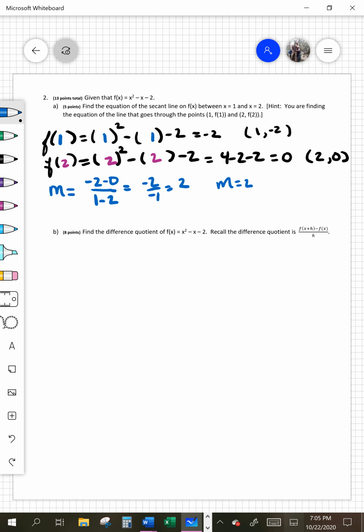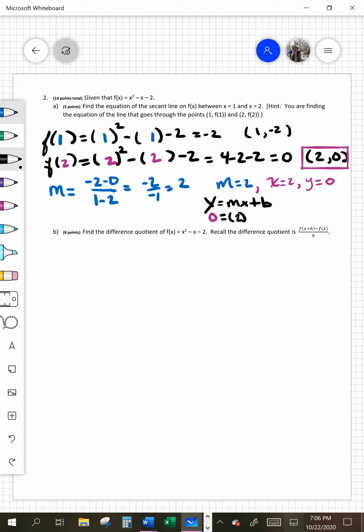We have a slope, and then choose one of the points. So maybe let's choose (2, 0). And so we're looking at here, when x is 2, we know y is equal to 0. So let's plug this into the equation. And so plugging this into y equals mx plus b, you could use your point slope formula. I'm going to plug it in here, my y value, my slope, and my x value, and solve for b. So when y is 0, this is equal to our slope, which we just found was 2,